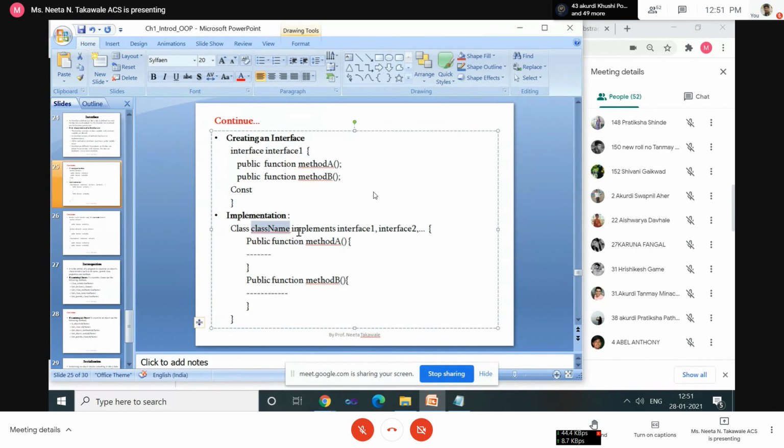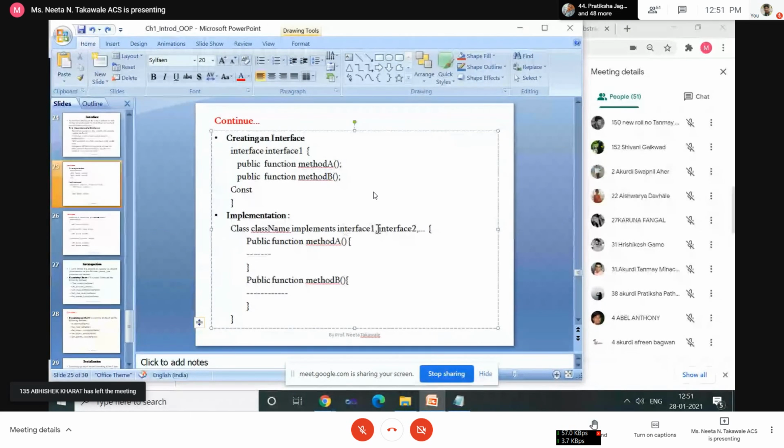Then how can we do it? Using the implements keyword. Implements first interface name, comma, second interface name, comma, and so on. Okay. And in this class, we have to define the methods of all the interfaces.